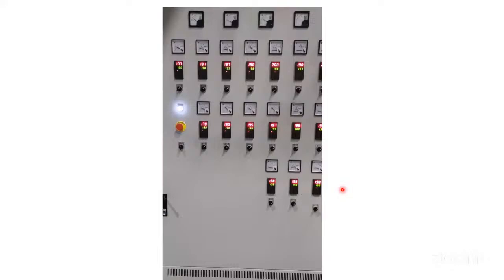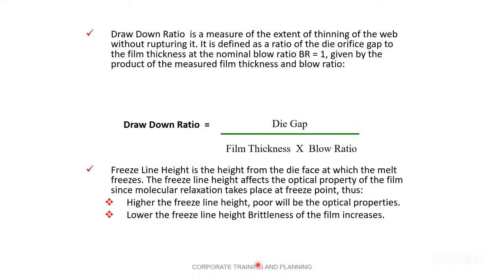Now, if you see here, the freezing line height is the height from the die face at which the melt freezes. The freeze line height affects the optical property of the film. Yes, optical property. That means transparency and clarity, since the molecular relaxation takes place at the freeze